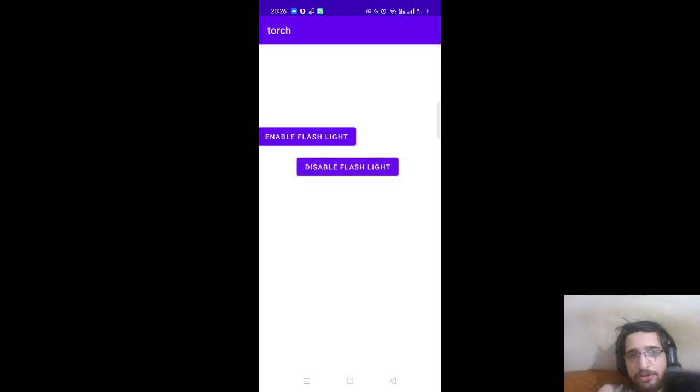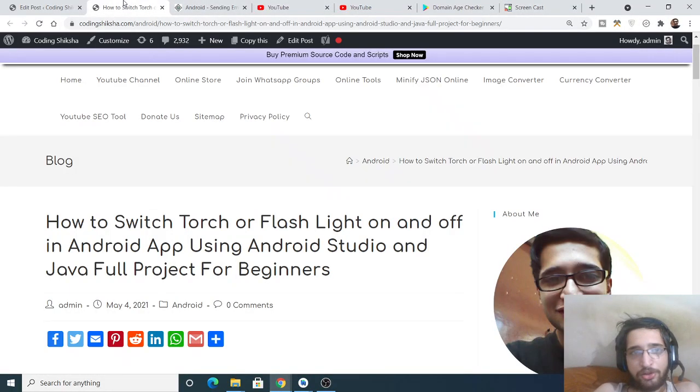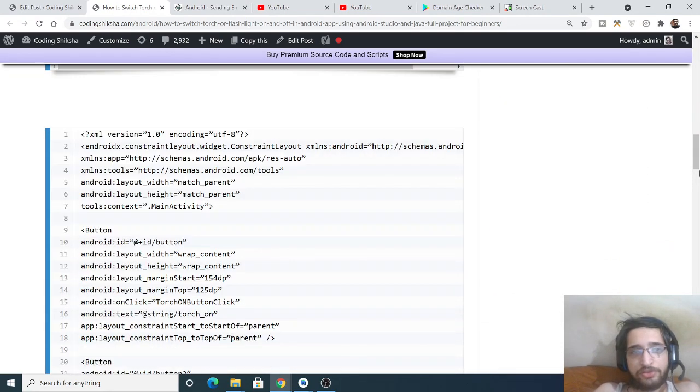So this is a live Android application that we have built which toggles the mobile flashlight torch inside Android Studio and Java. We are also using some XML for building out the interface of the application, which contains two buttons. You can also build this small application by going to the video description link to get all the source code and follow along with the video.